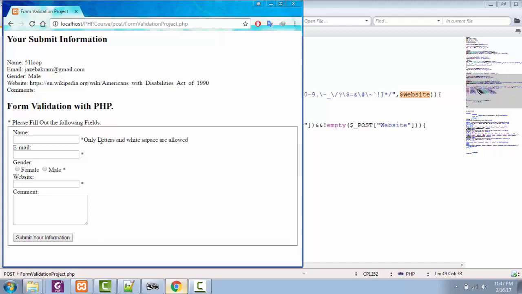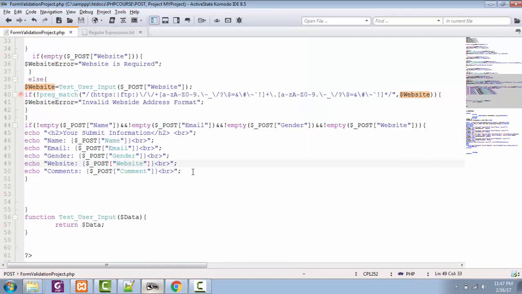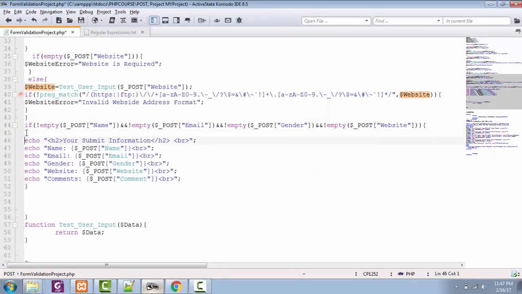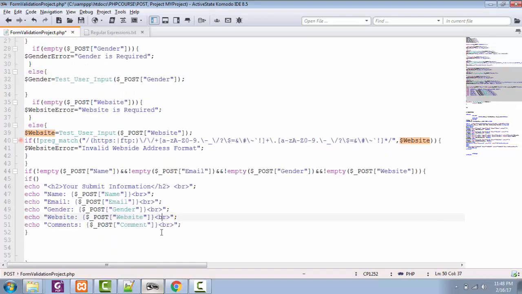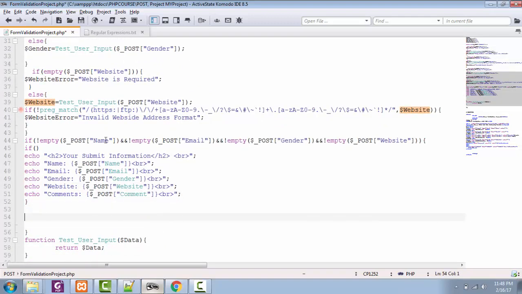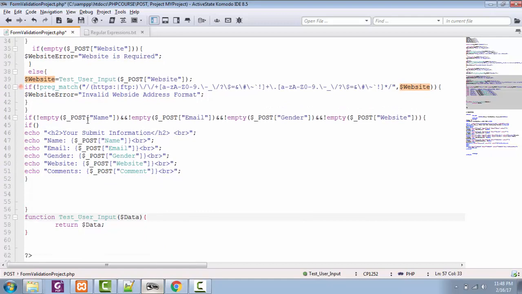Otherwise, I don't need your false information. So moving back to the editor, right after my if condition, I'm going to add one more if condition. So I'm going to say if my expression for validation, the regular expression for name, is equal to true, let's put it in the parentheses,